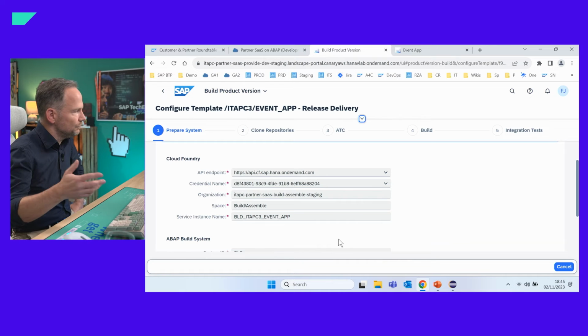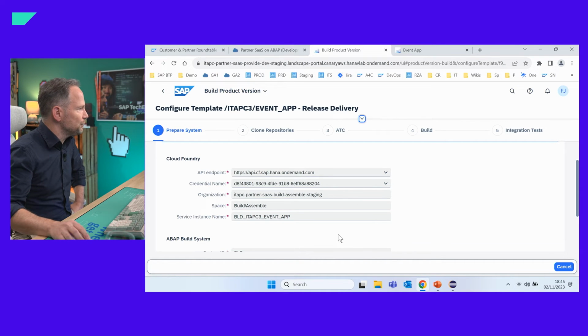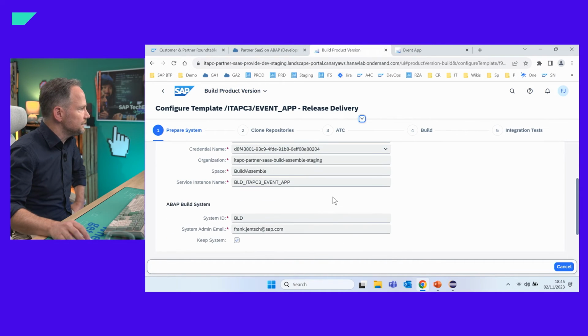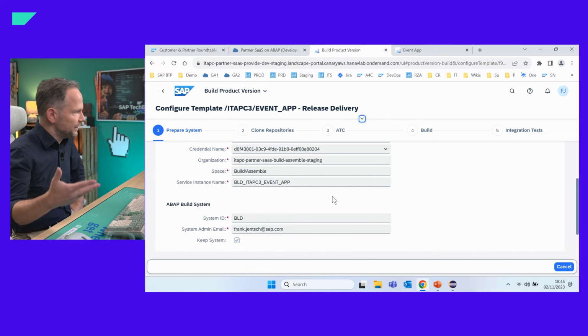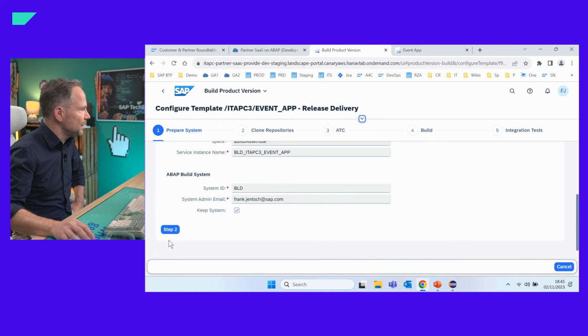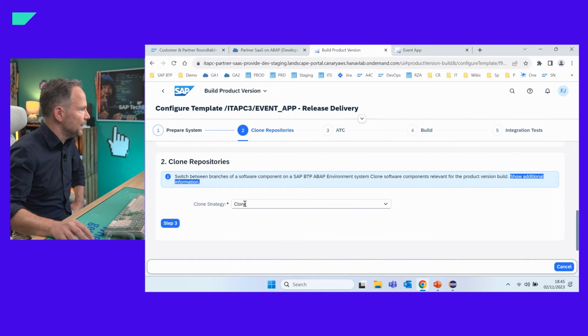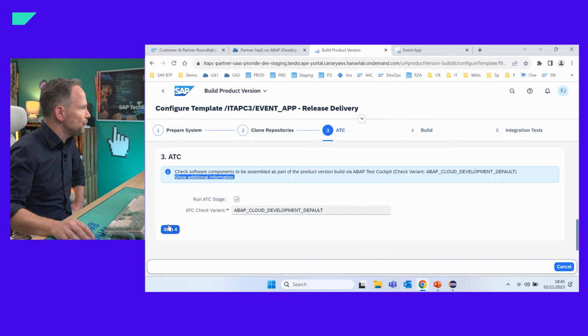So I define what is my sub-account where I create the build system where this product should be built. I can also specify how the code is imported into this build system, and very important, I can specify that the ABAP test cockpit should run in order to do static code checks and detect some findings.